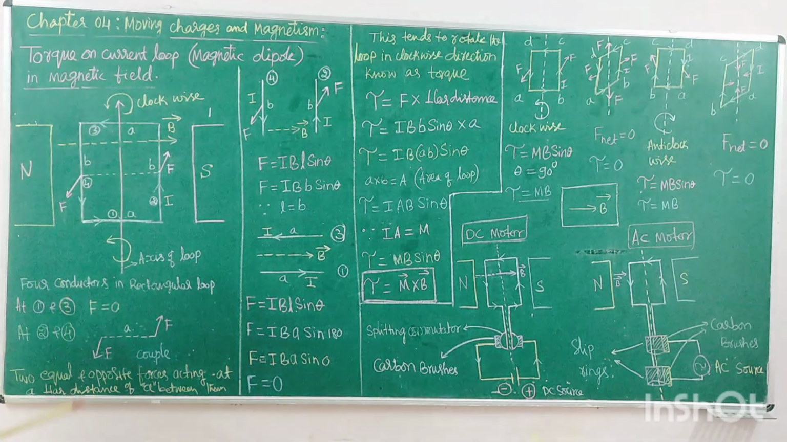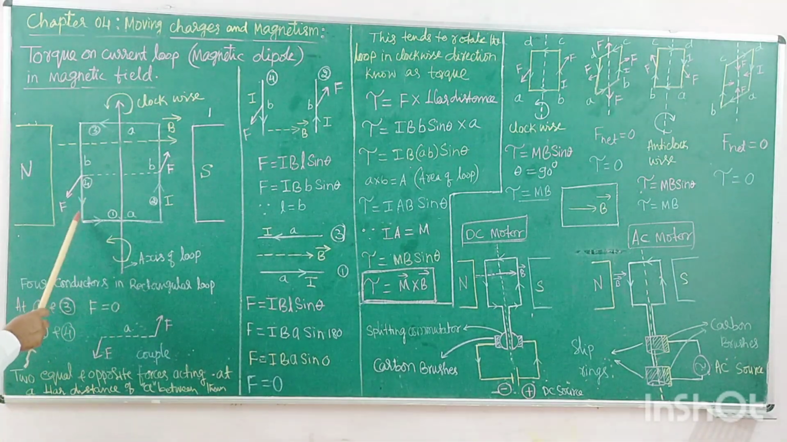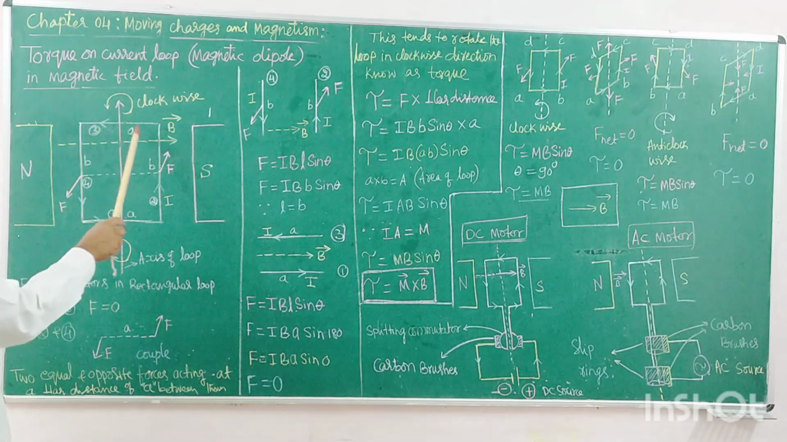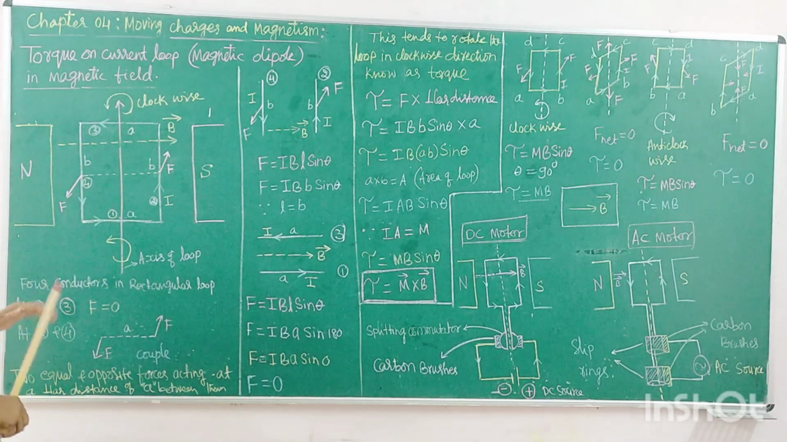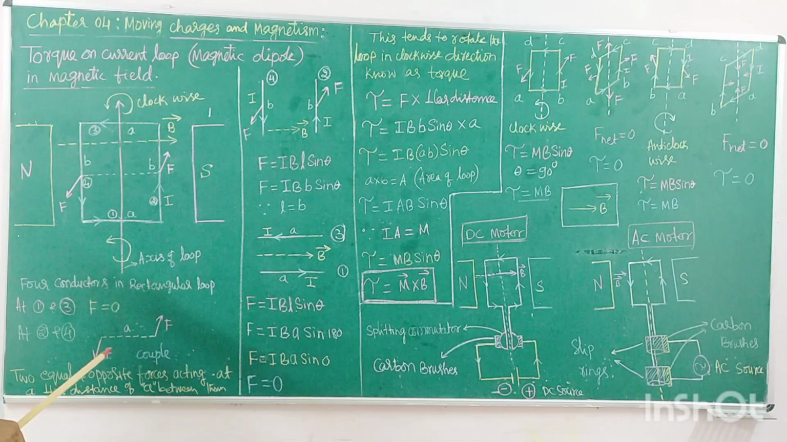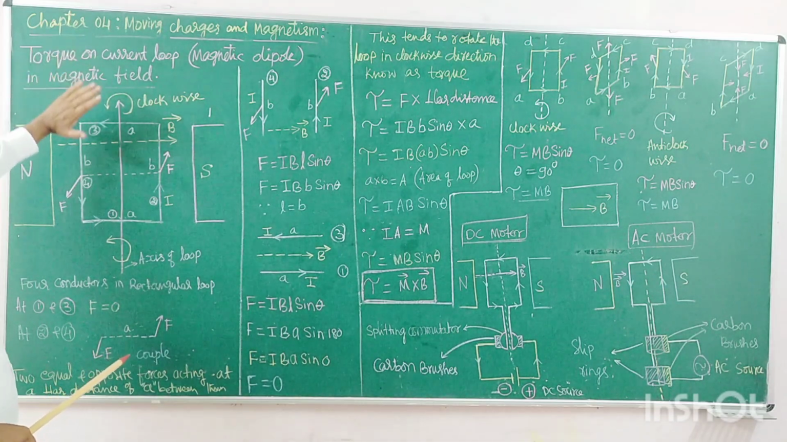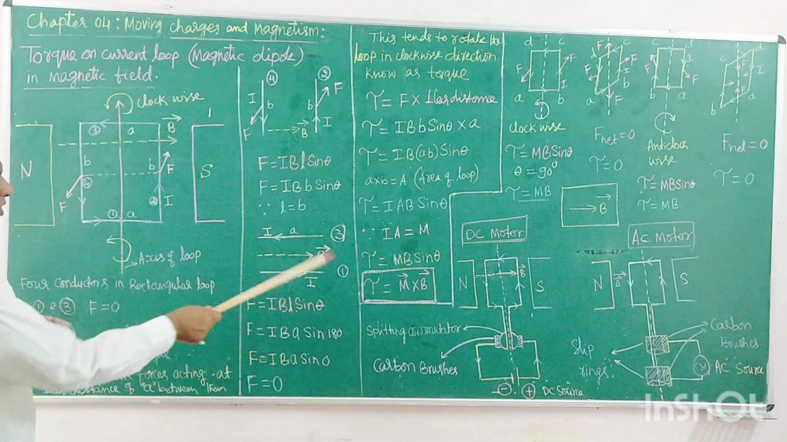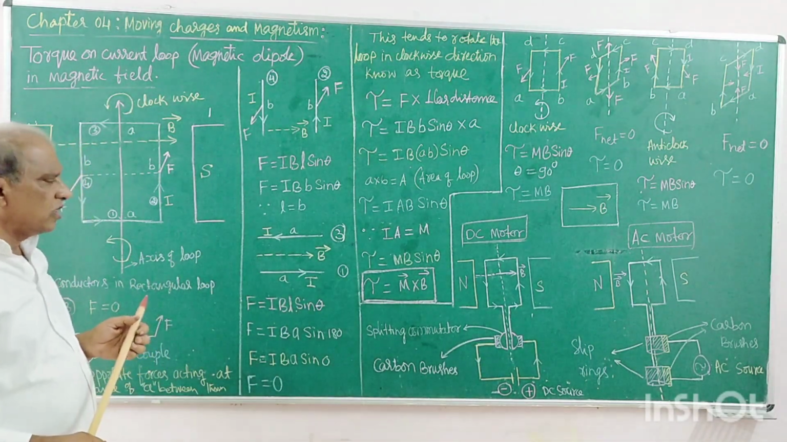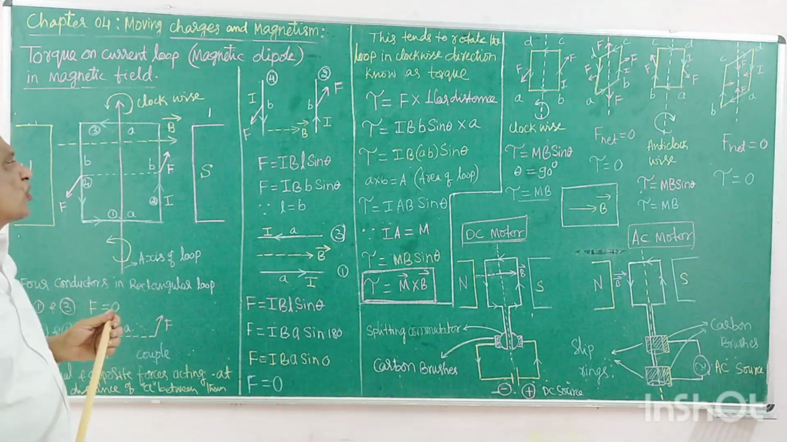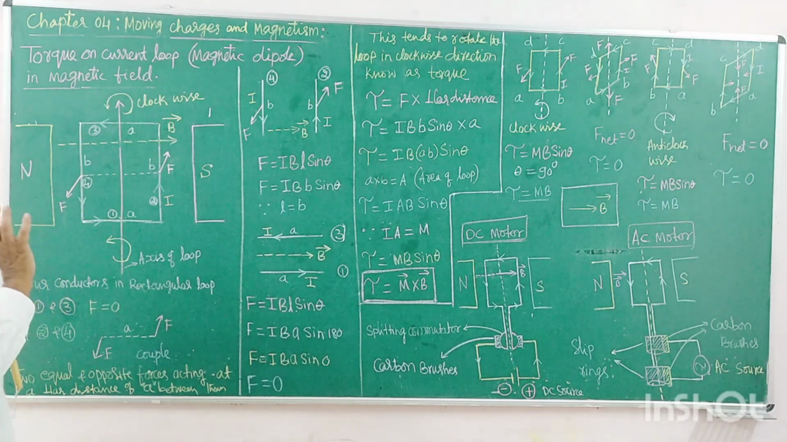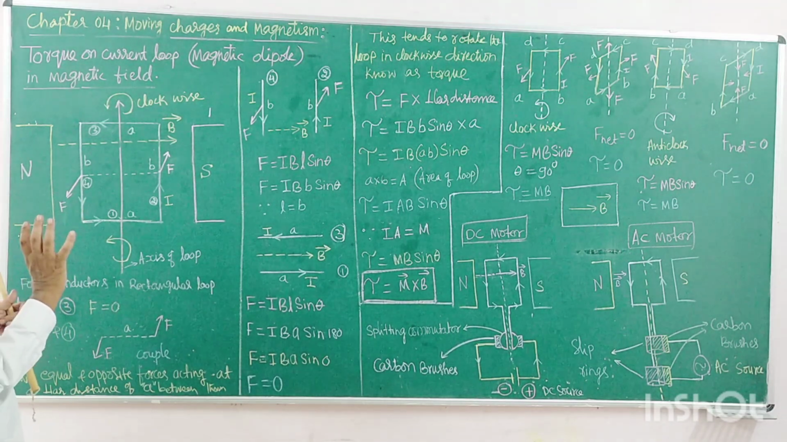So if this is the alignment, the orientation of this loop. What is the orientation of the loop? The plane of the loop is on the plane of the board. It produces the torque force like this. Let us find out the torque force. By this force it is rotated. Suppose if you rotate